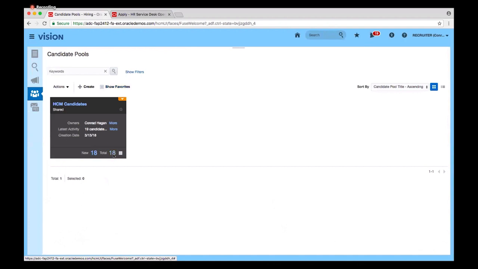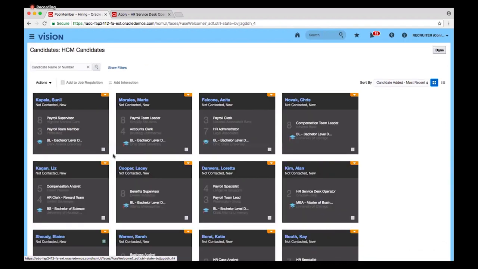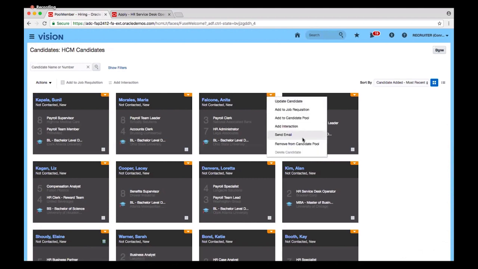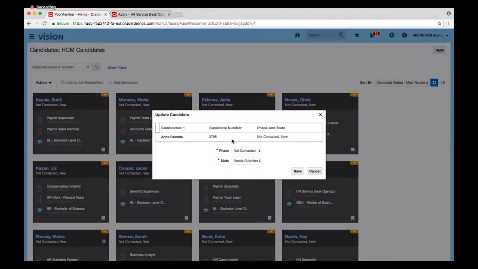So let me quickly show you an example. In this case, you see these are all of the candidates that you're tracking under the HCM candidates. And so all of them are in the not contacted view, right? That's your first phase and state. But you know what? You've probably called Anita and you've decided that she has said,